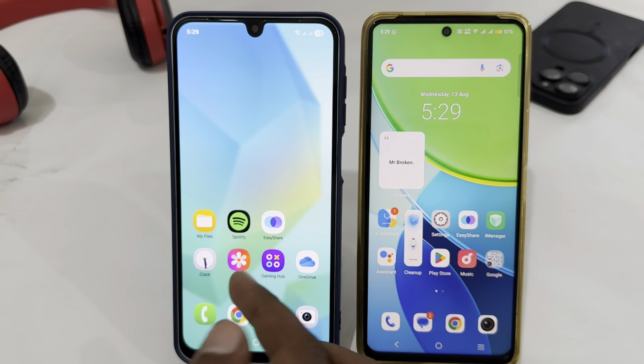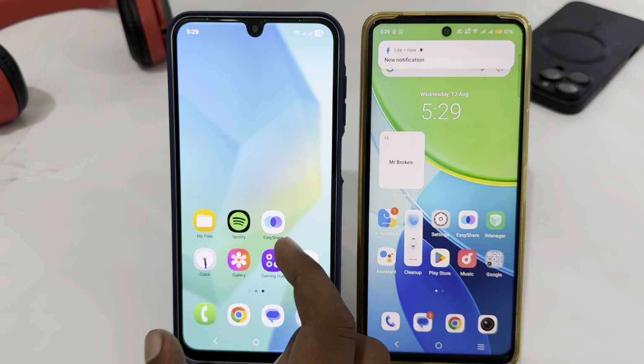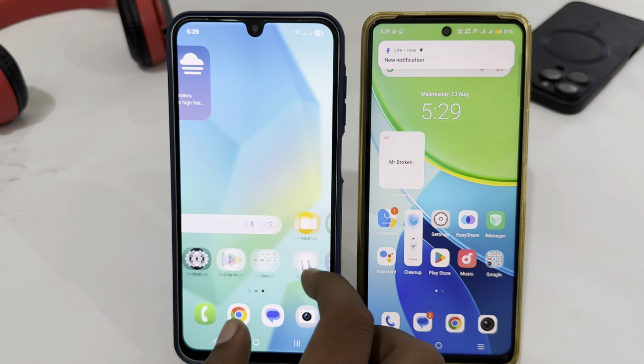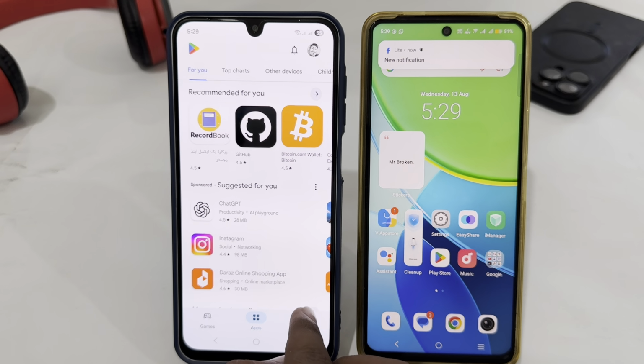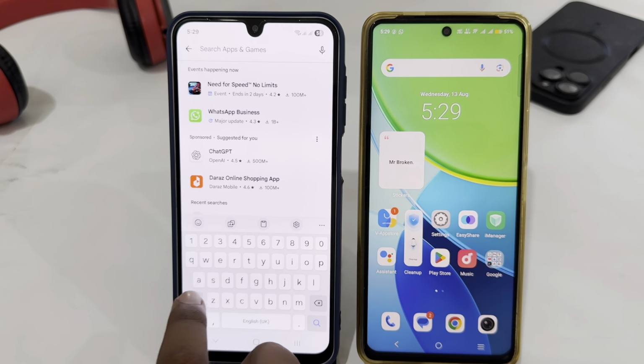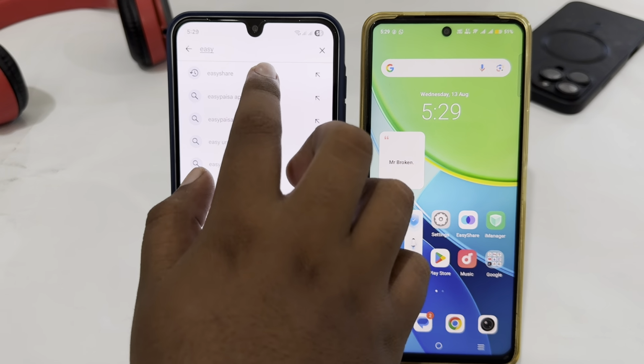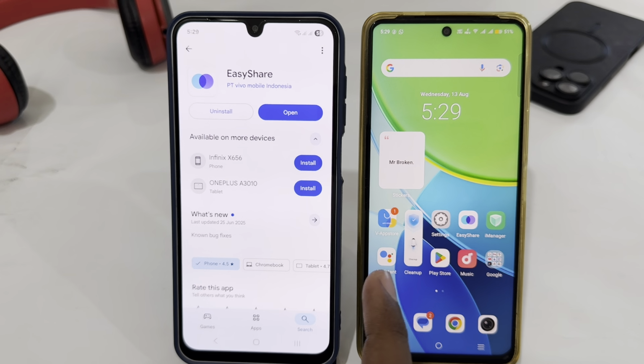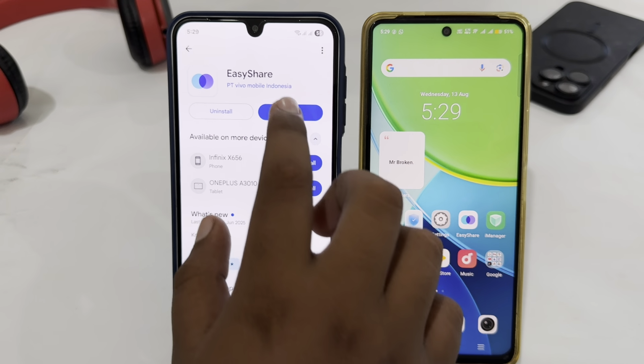You just have to install Easy Share on your phone. First of all, you may already have it, but if you can't find it, you can easily install it from the Play Store. Open Play Store, go to search, and here just search for Easy Share and install this app. As I have already installed it on both phones, just open it,